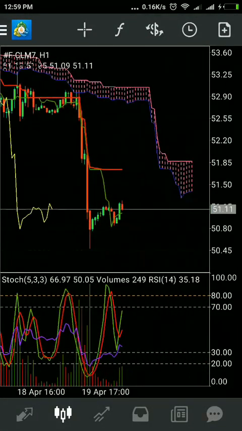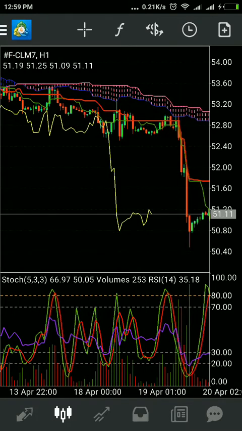This is a very useful indicator, and it's not easy to learn in one video or in one day. It will take some time to learn, so I will explain some details about this indicator. This indicator helps us make a good entry and exit.